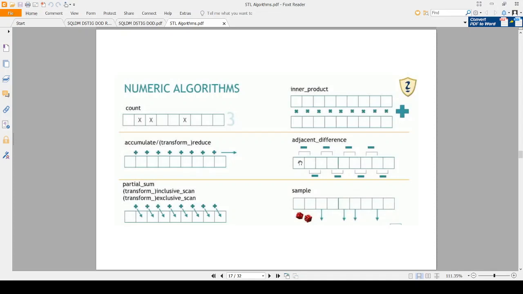Adjacent difference fills up the elements with the difference between two elements. So the first element will be the same, the second element will be the difference between second and first, the third element will be the difference between third and second, the fourth element will be the difference between fourth and third, and so on.